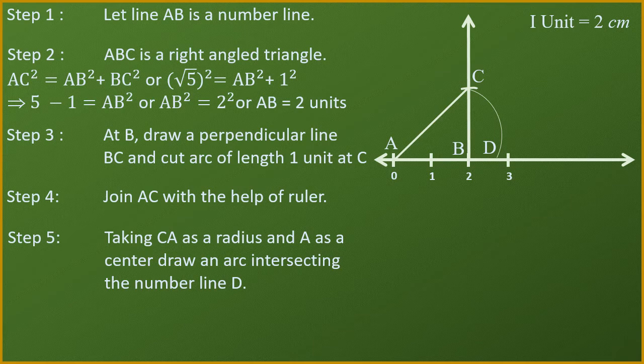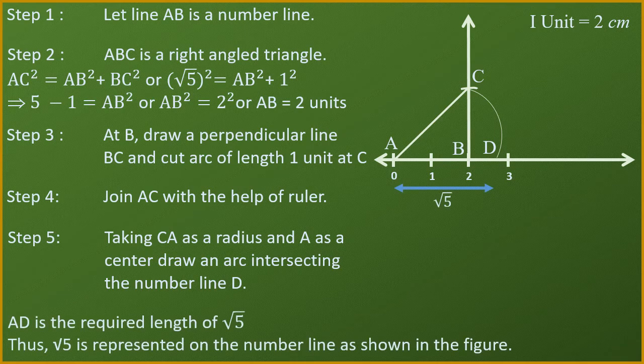So here, if we draw the arc from the point A, taking A as a center and CA as a radius, the arc will come and intersect the number line at a point D. Now measure the length A to D with the help of your ruler, and that length will be equal to under root of 5. Okay, in units it will come nearly approximately 2.26 centimeter. In this manner we have completed the whole figure which we required to draw of under root of 5. Right, now let us see the next and last question of the exercise.